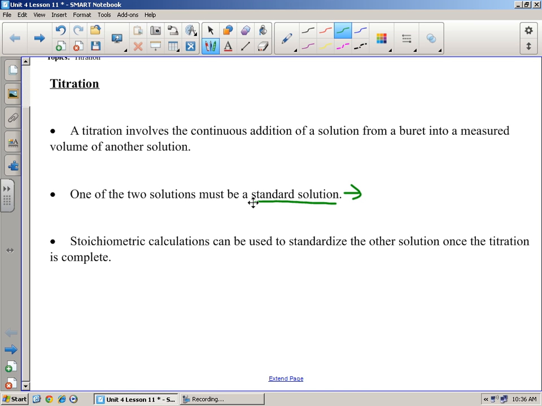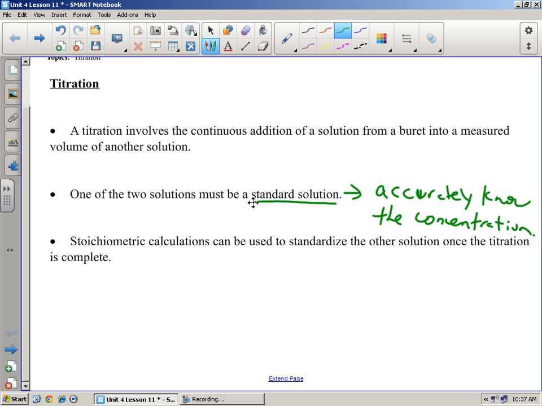You know the concentration. So you have to accurately know the concentration. Okay? So we have to know the concentration of one of the two solutions